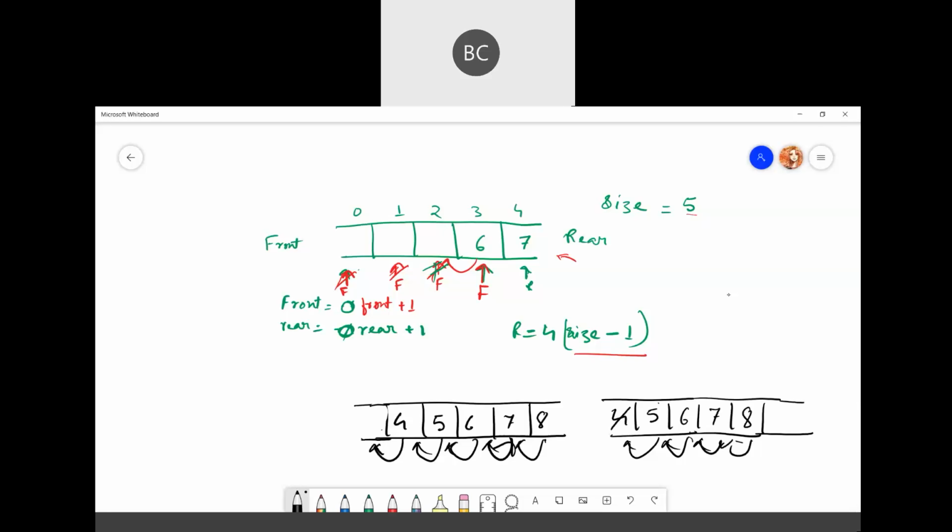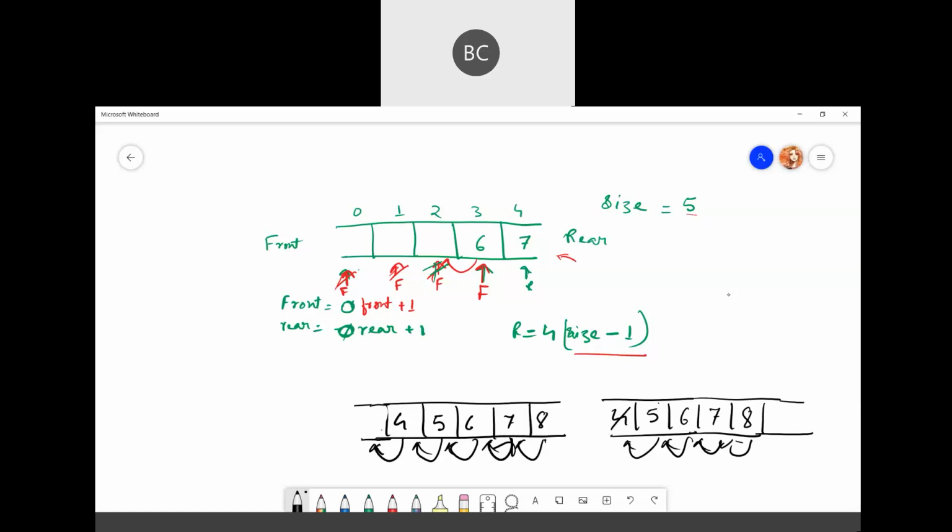Normally, in the general way, you just follow this thing. You cannot add any item because rear will be at the last end and there are lots of empty spaces available, but you cannot add any item. And even if you do this process, shifting the items the moment you delete an item, just like a normal queue, shifting all these elements from one position to another will take time. So it's a waste of time also. Anyway, this is the disadvantage of your normal queue.